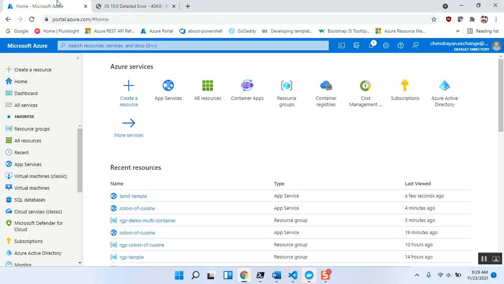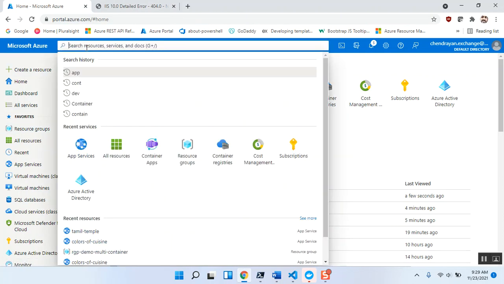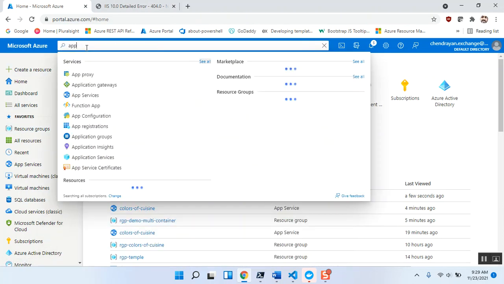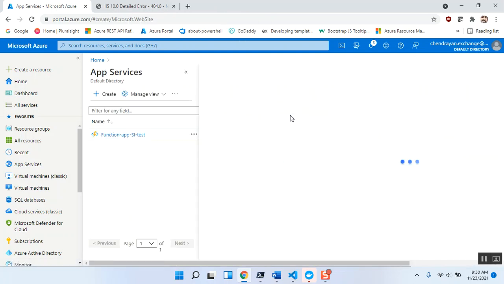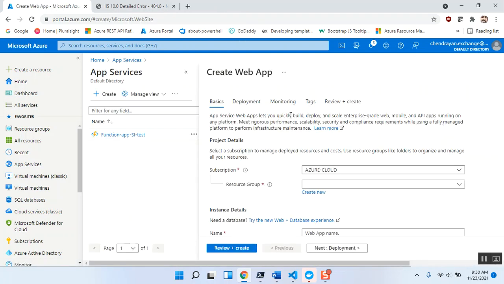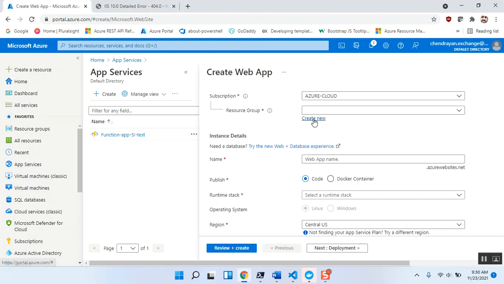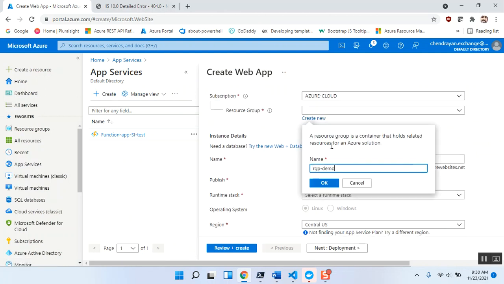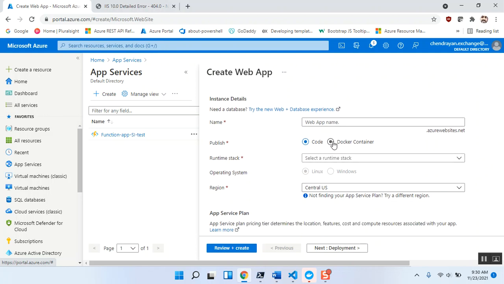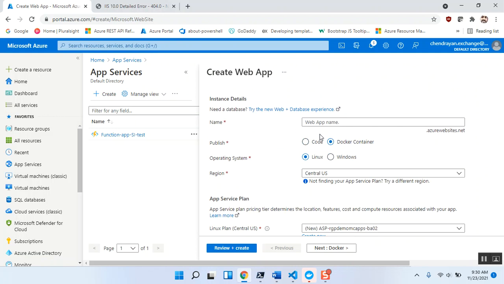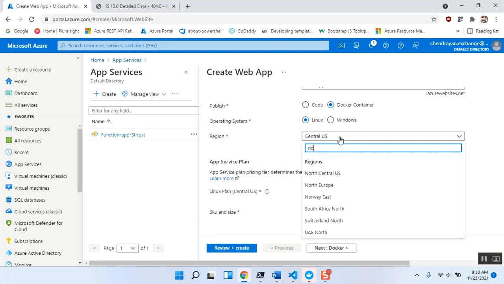Now what I need to do is create an app service. For that I go to the Azure portal, search for app services, and yeah, I've got one function app running. That's okay. I create a new app service, and for this I'm going to create a resource group. I've got only one subscription. That's okay. Click on resource group and name it RGP demo multi-container apps. Okay, and this is going to be a Docker container. What's next? My operating system. It's a Linux-based operating system. Then I'm going to choose North Europe